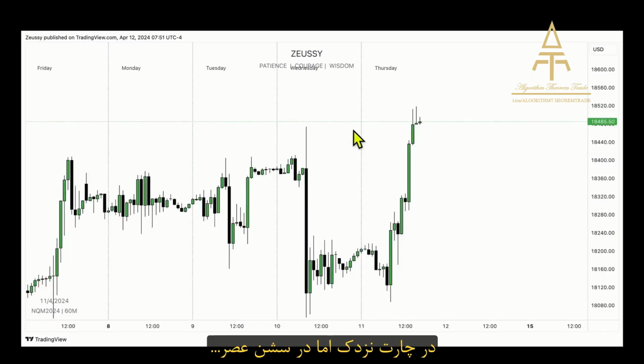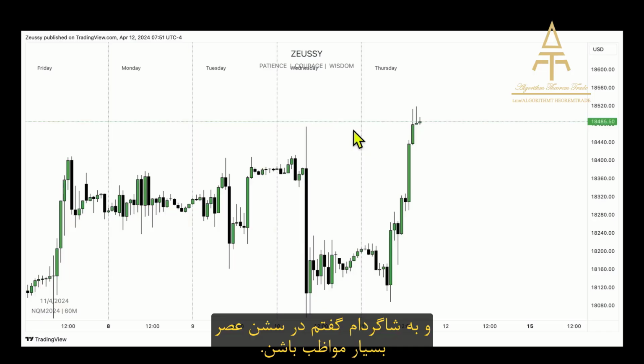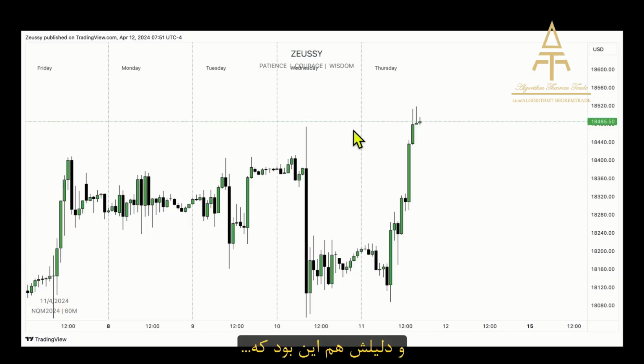Hourly chart, Nasdaq again, but now for the PM session, the afternoon session. Within the mentorship, I shared a very specific message. This, of course, on the forum on Telegram. I shared with the audience on there, with the students, that I would be very careful during the PM session. And the reason why I shared this was due to the following.